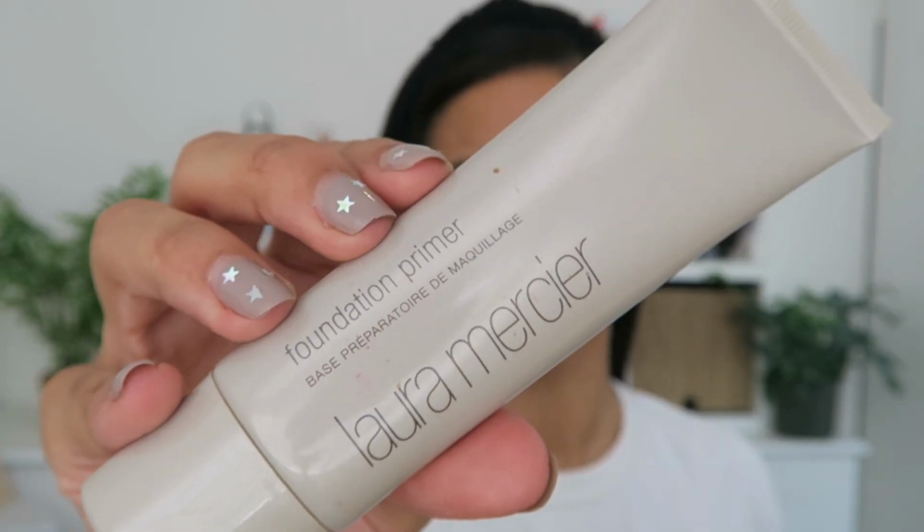I would call this kind of natural glam, or some people have been calling it no makeup makeup. So if you're looking for an easy natural makeup look, this is definitely the one for you, and keep on watching. Okay, so first things first, put your hair back, and the first product we are using is the Laura